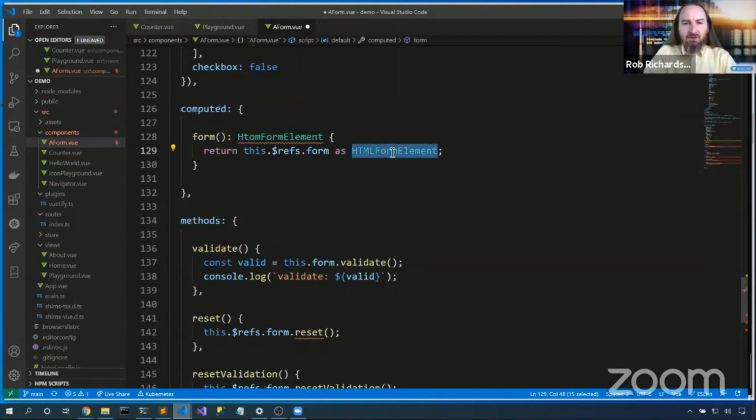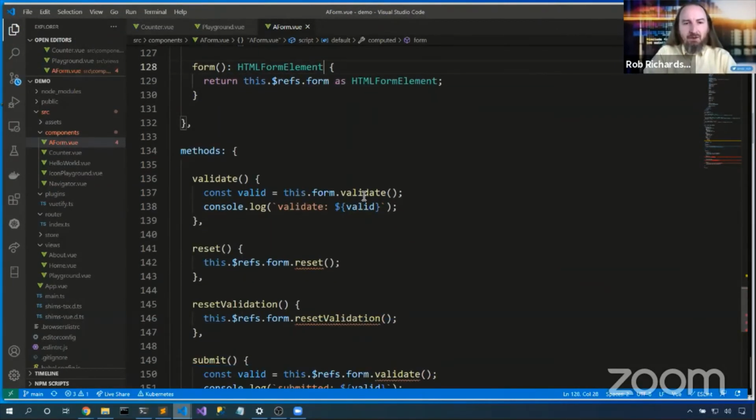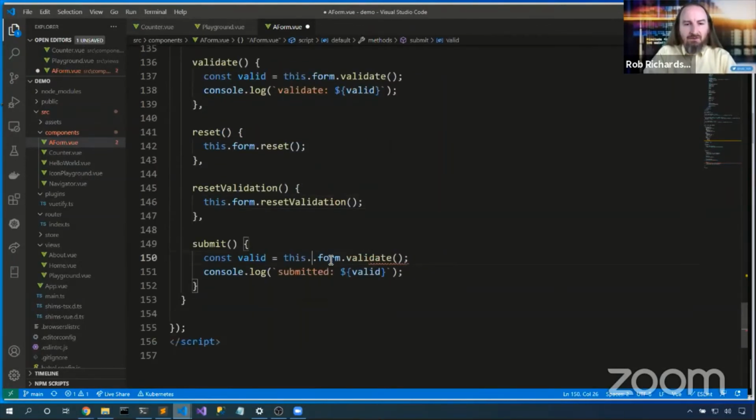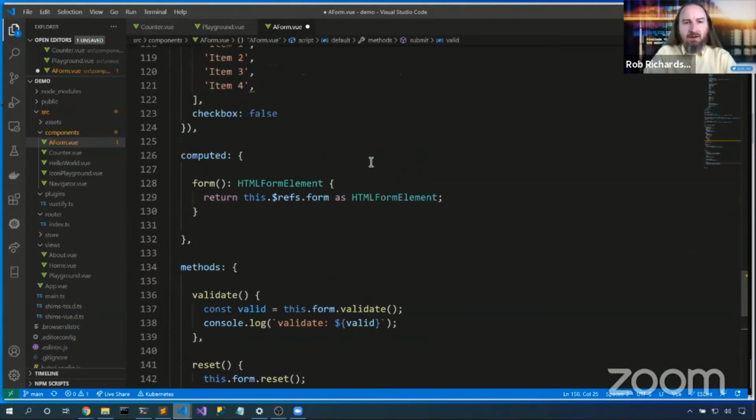Yeah, spelling it right helps. HTML form element. Okay, so now validate works. Reset works. Reset validation works. We just hit our next tip for being able to include JavaScript libraries inside of a TypeScript